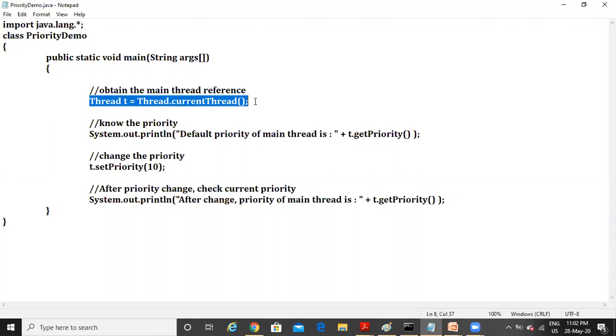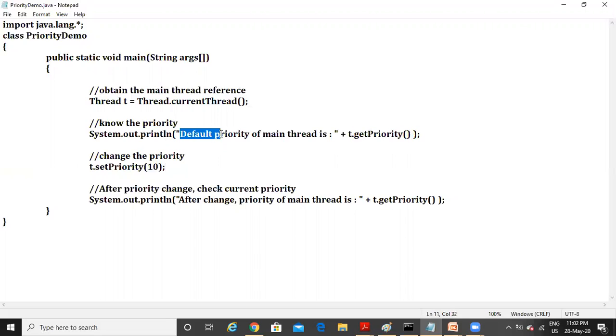What is the meaning of this statement? You are trying to obtain the reference of your main thread. So now t has the reference. Using this t, you can change the priority or find out the priority, all these things. If you want to know the priority, use the getPriority method.